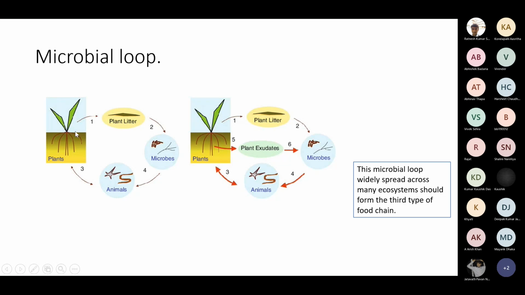Now this is what you would expect in a normal trophic structure. However, apart from this, there are certain other microbial loops which also operate. For example, the plants will give out plant exudates. So through roots, there are minerals, there are certain other materials which are